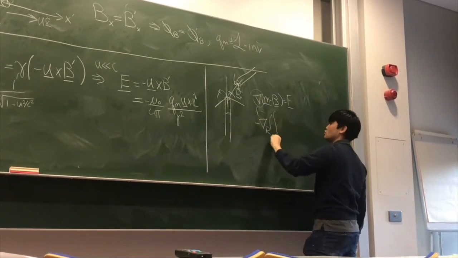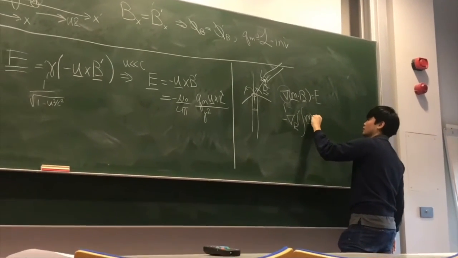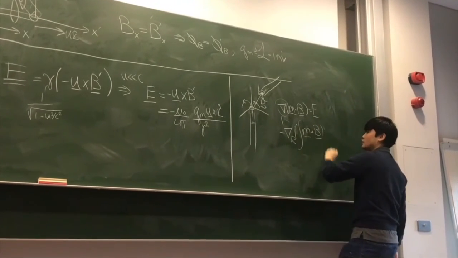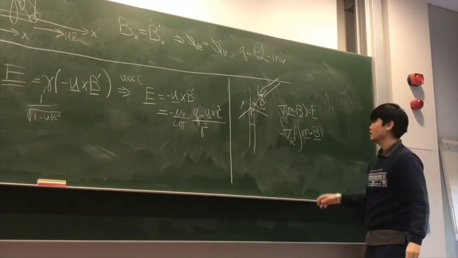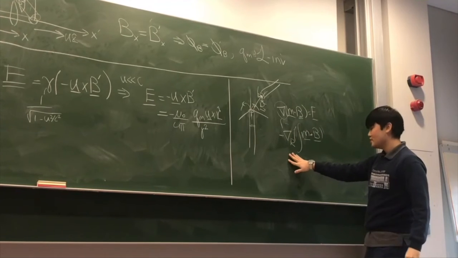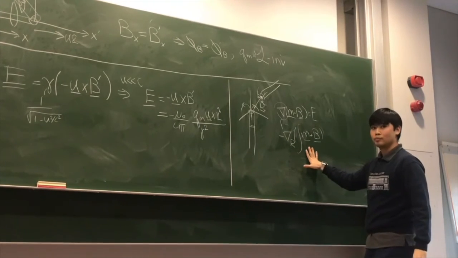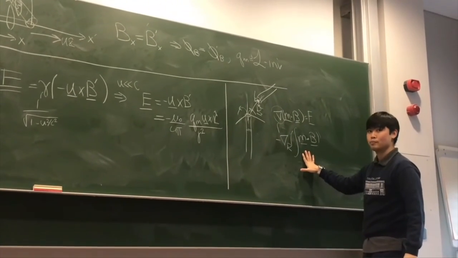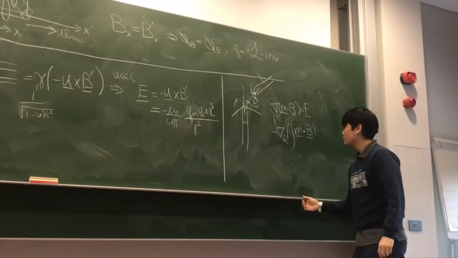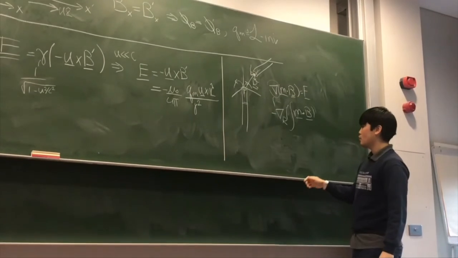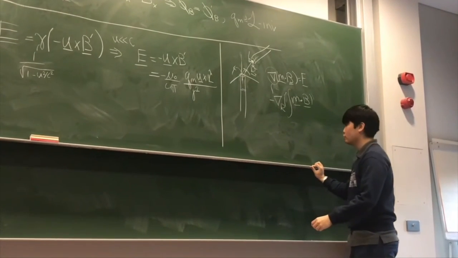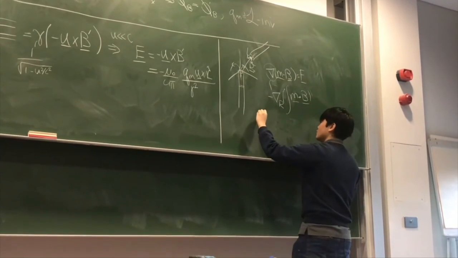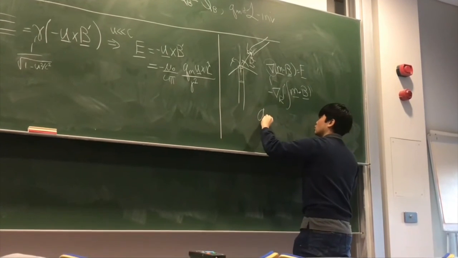So what you need to do is you just need to do this integral, and then you take the gradient. And what you will see is you indeed get the Coulomb's law for this magnetic monopole. And actually one can go even further and derive the Lorentz force law for the magnetic monopole, which is Qm